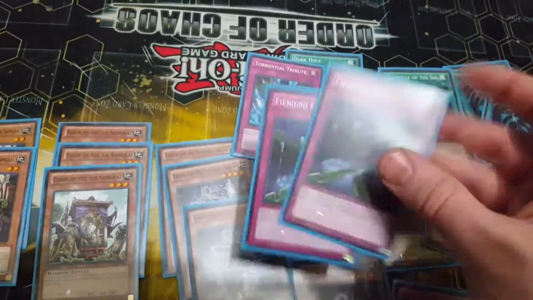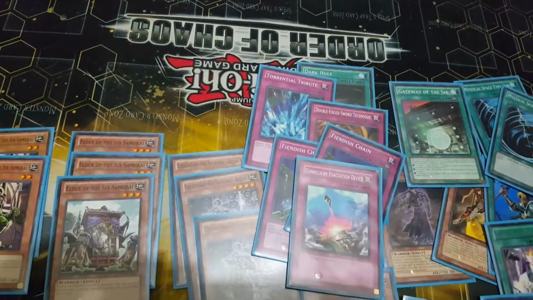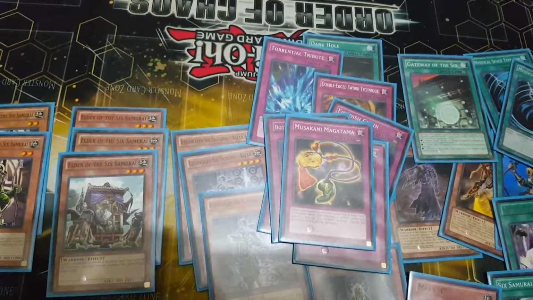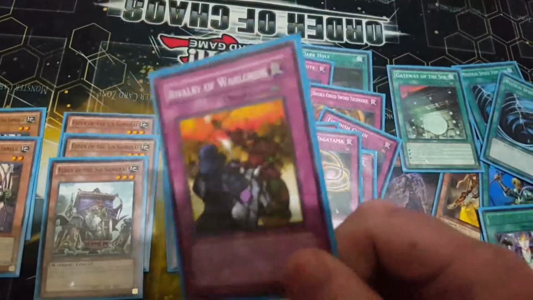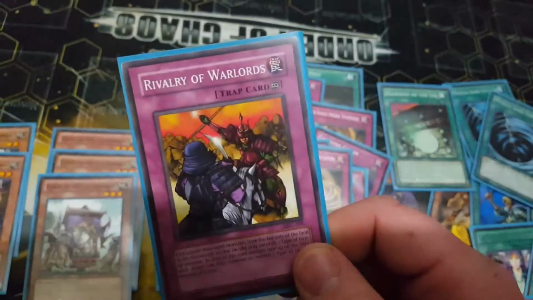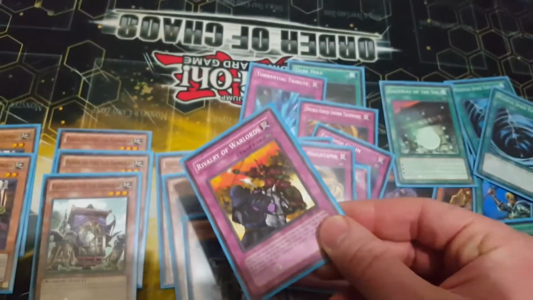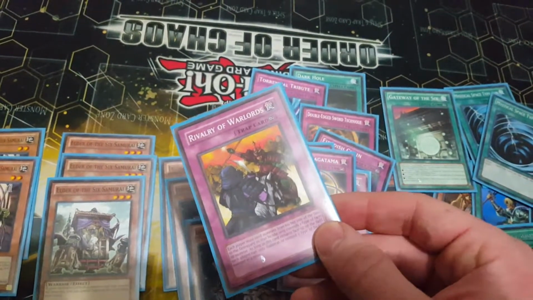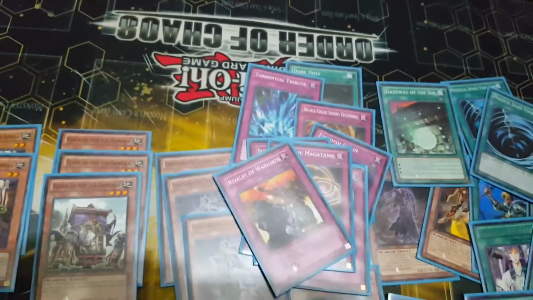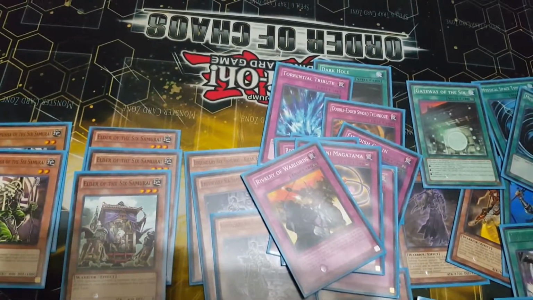Two Fiendish Chains. You're going to notice there's no Warnings in any of these decks. I think Warning is a broken card. Here's the tech card in here, Ravu of Warlords. In my opinion, this card, it's a surprise. Even for something like Chaos Dragon, you just flip this up, and all of a sudden, you'll have the advantage over them. Especially if you lock them down. Like, especially against Black Garden, that card can just help get rid of those tokens out of your way,